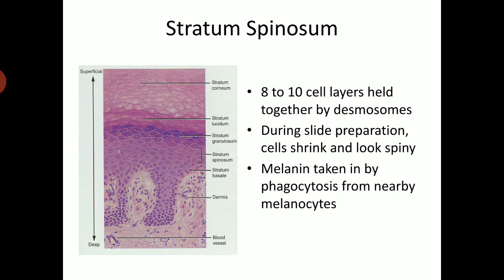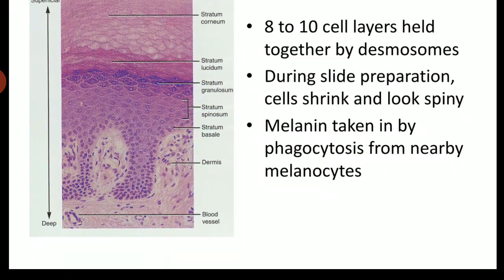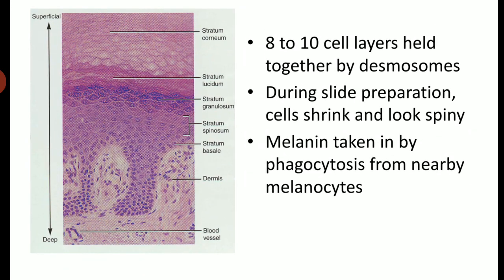The desmosomes, as you are going to see in this particular picture, interlock with each other and strengthen the bond between the cells. The stratum spinosum is composed of 8 to 10 layers of keratinocytes